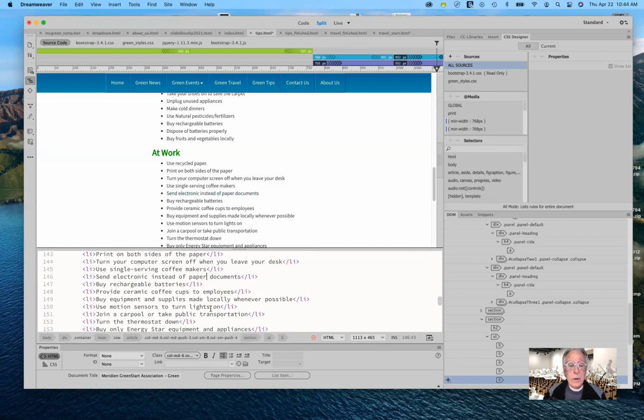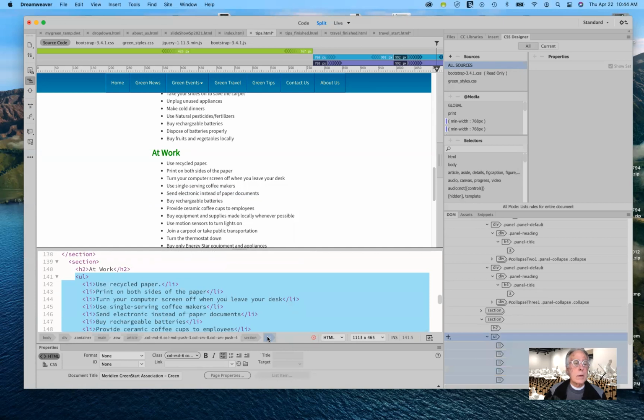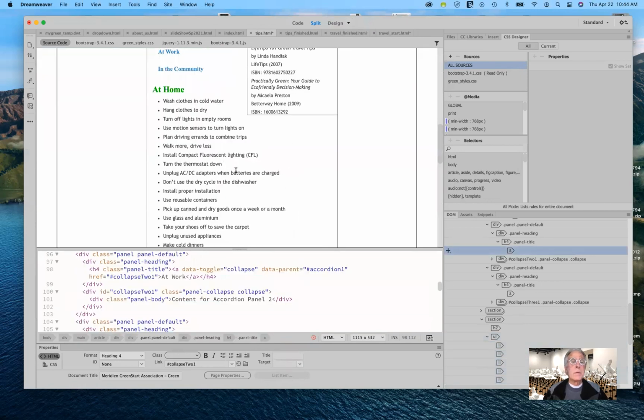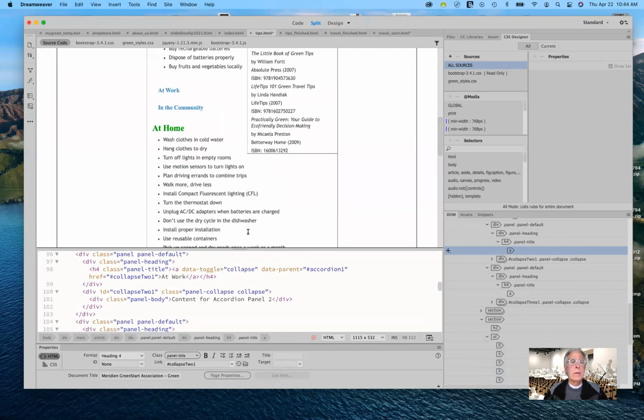So I'm doing it from code view. Okay, so this is at work. So I'm going to go ahead and copy it from here in code view. And when in doubt, if it's not working the way it's supposed to, then maybe what we can do is